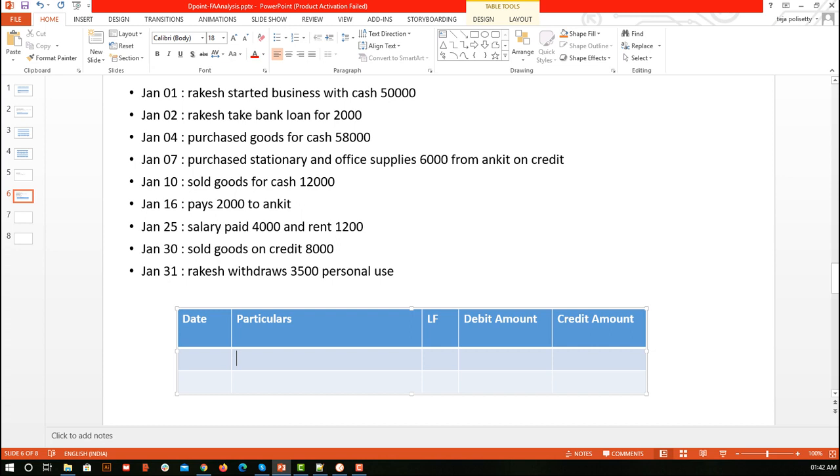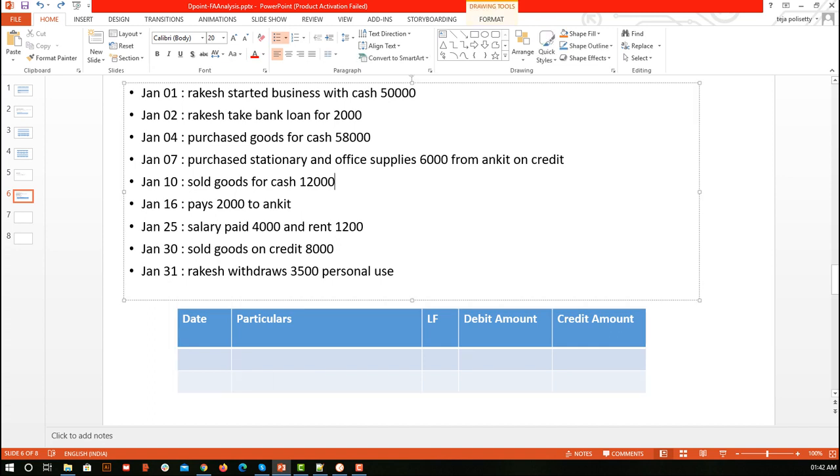Every account's corresponding amount we will write here. Every transaction will have a debit account and a credit account. Whichever account is debited, we write that first, and its corresponding amount. Here is the debit account and the debit amount. Next we have the credit account, and next the credit amount. I hope that is clear. Now let's get started with the problem.